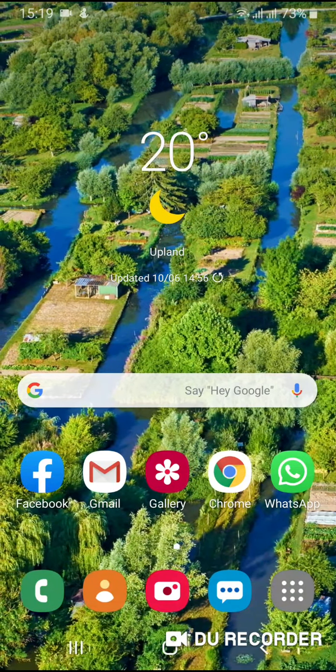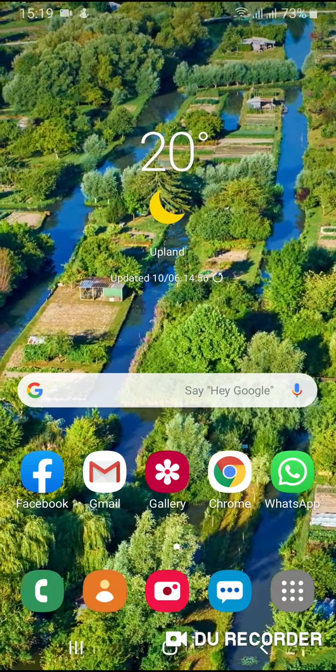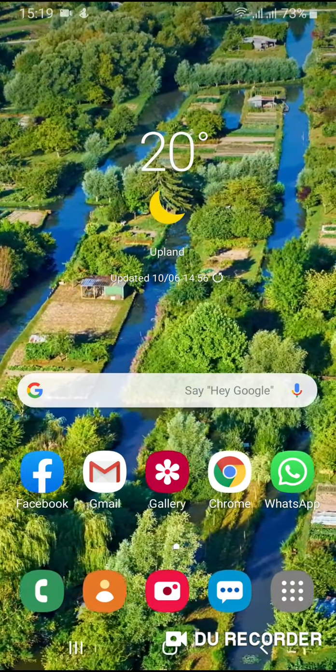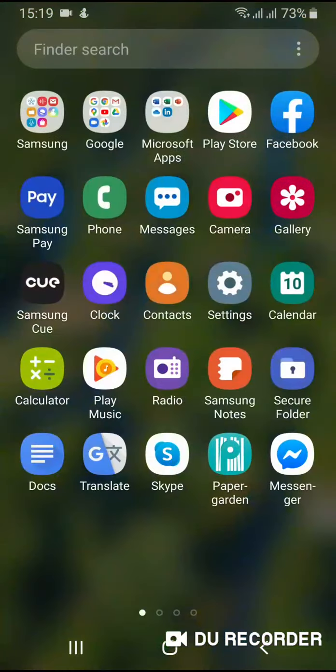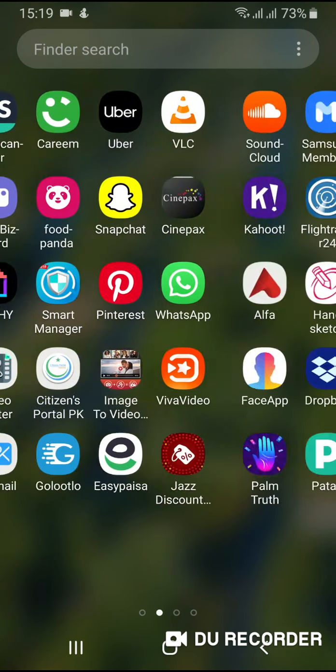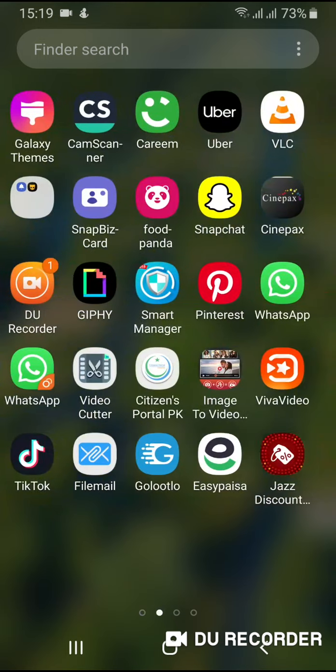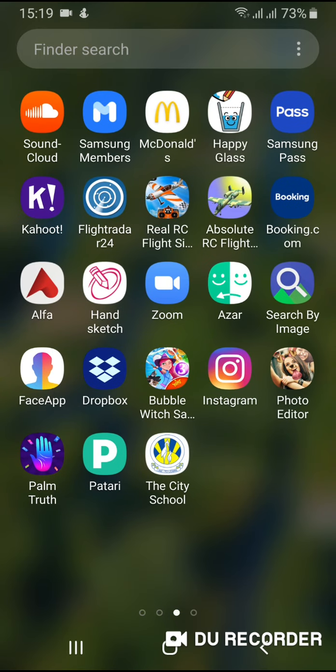You go on the bottom left side or somewhere, there will be an icon with dots. Like in my case, bottom right hand side, there is a gray icon with 9 dots in it. I click it and I go into the applications. Over here I will search if I have the Zoom app installed or not. So over here I look and search. So I have found it here.